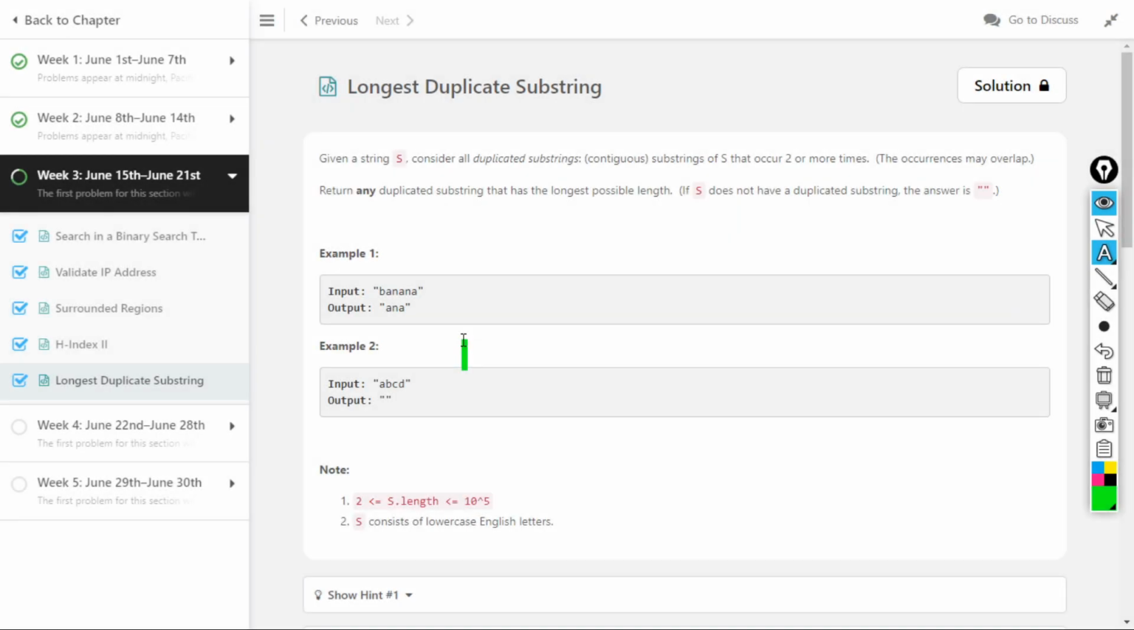Today we will solve the 19th question of the June LeetCode Challenge. The question is Longest Duplicate Substring. What we have to do is, we are given a string and we have to find a duplicate substring in the string. Suppose let's consider the example